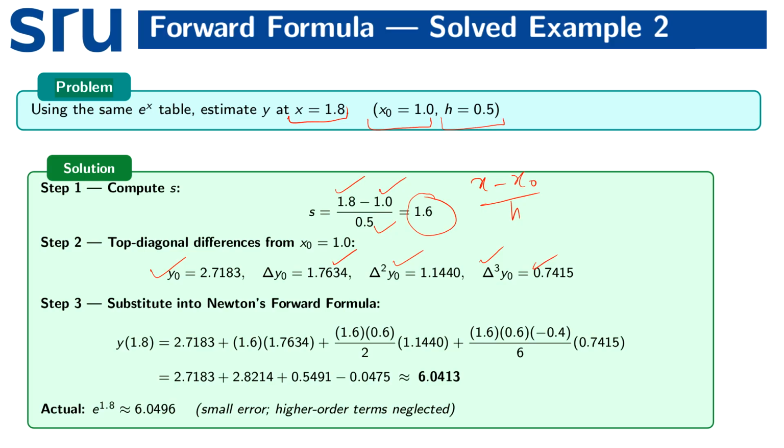These are differences taken from the last table, the previous slide. So we are supposed to just replace these values in Newton's forward formula. Let me write the formula again here, y of x equals y naught plus,